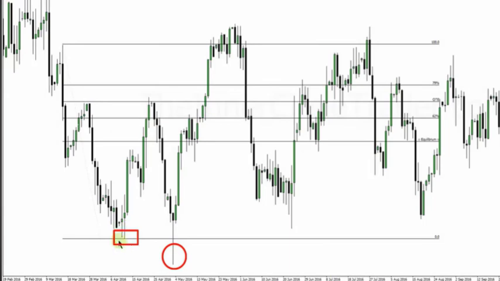Remember, when we were looking at the equilibrium to discount, every time we were buying, we were taking profits above an old high. So when you see that, all we're seeing is the reverse of that in the equilibrium versus premium market. So we're always looking to sell at a premium. Premium is defined by, it has to be above the equilibrium price point or 50% level of the Fibonacci, anchored on a